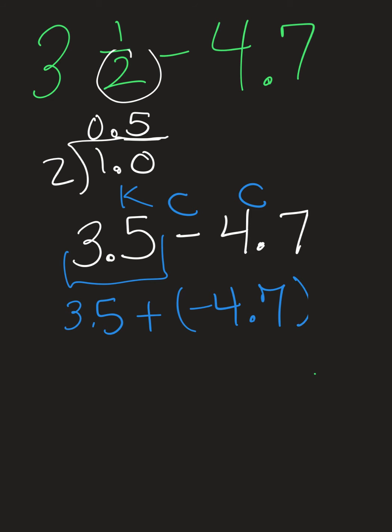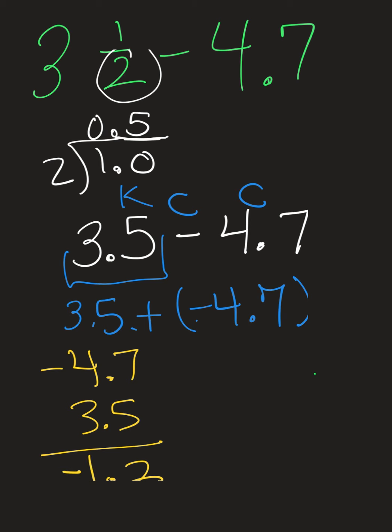Now, because I have different signs, I'm going to subtract. So I'm going to say 4.7 minus 3.5. 0.7 minus 0.5 gives me a 2, and 4 minus 3 gives me a 1. The 4.7 is larger, so I'm going to keep my negative, and that will be my final answer, negative